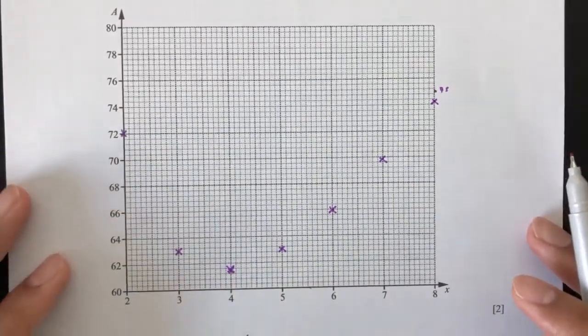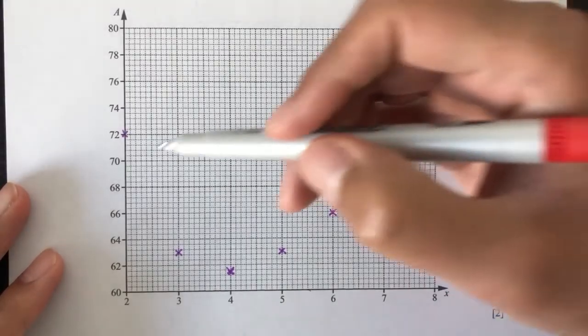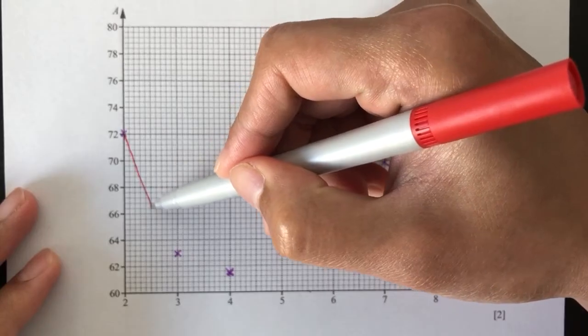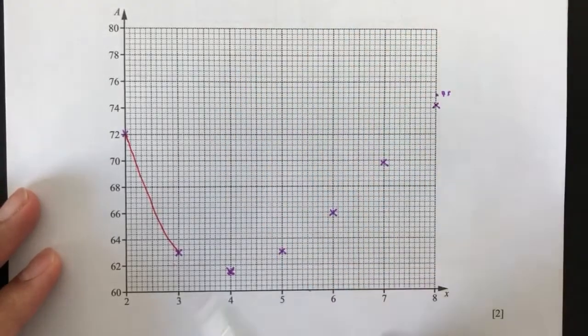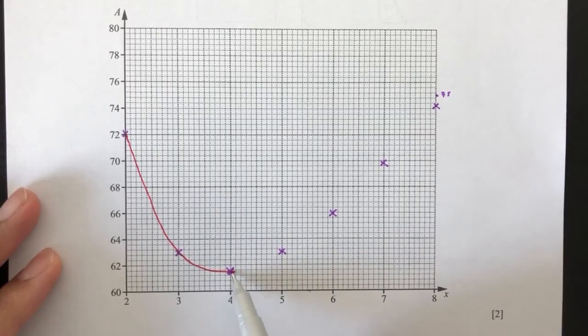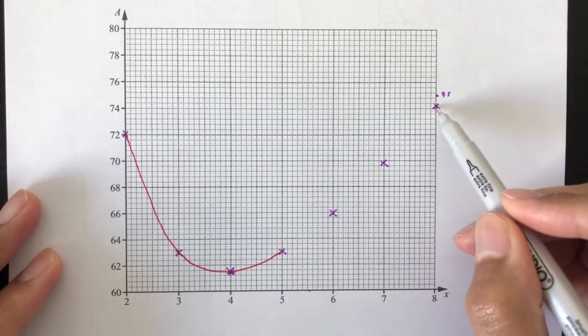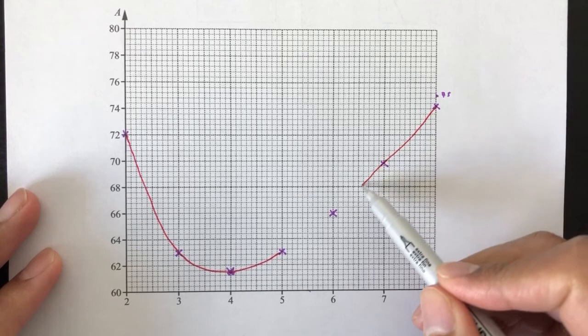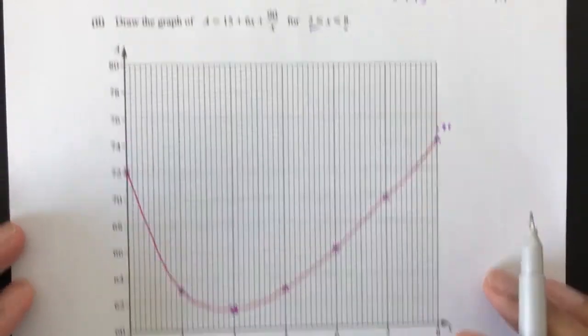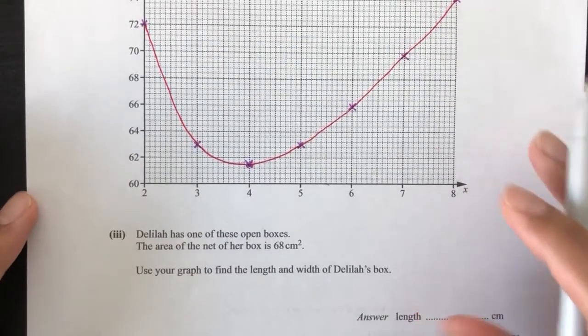Now let's join all the points together. Let's make sure that it is a smooth curve, joining all the points together. So it goes to this point. Here we go, and that's it. So this is your answer for this part. Now for the next part,